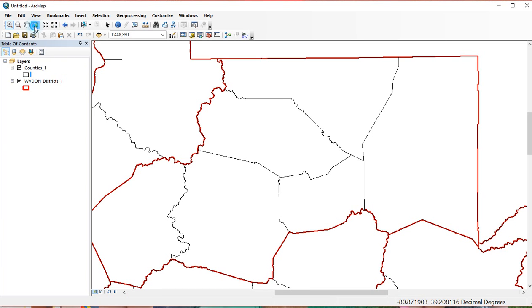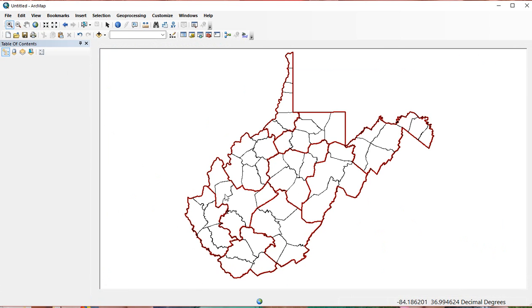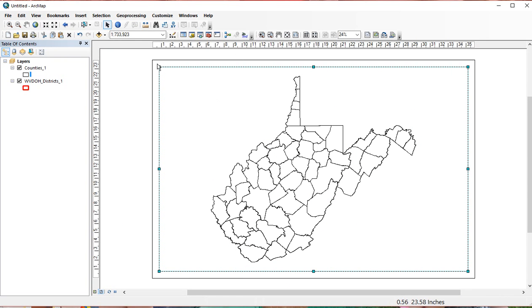But if you're in layout, this basically means that you're looking at either a printed version, what it would look like if you printed this map, or if you saved it off, exported it as a PDF or JPEG. This is the view you're going to be looking at. Now, I want to show you the big difference here in the layout view. If you zoom in the layout view,